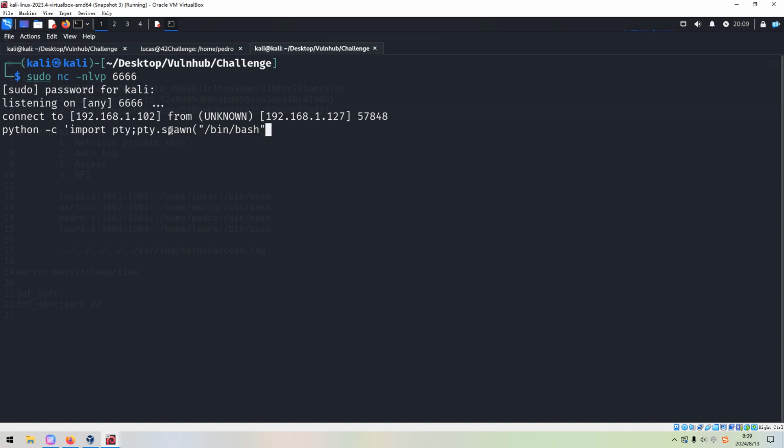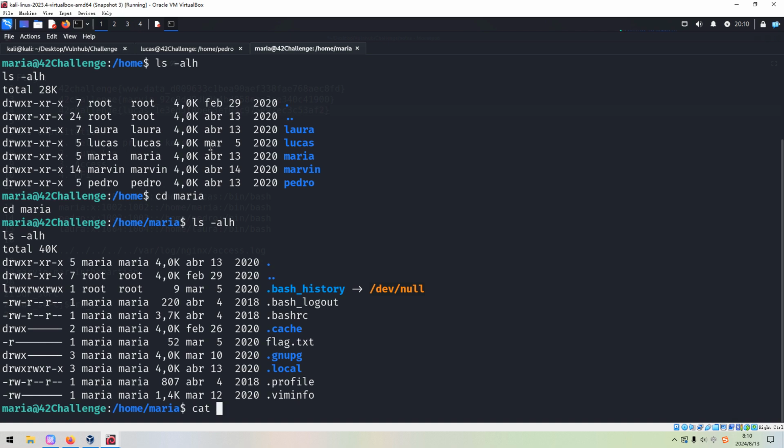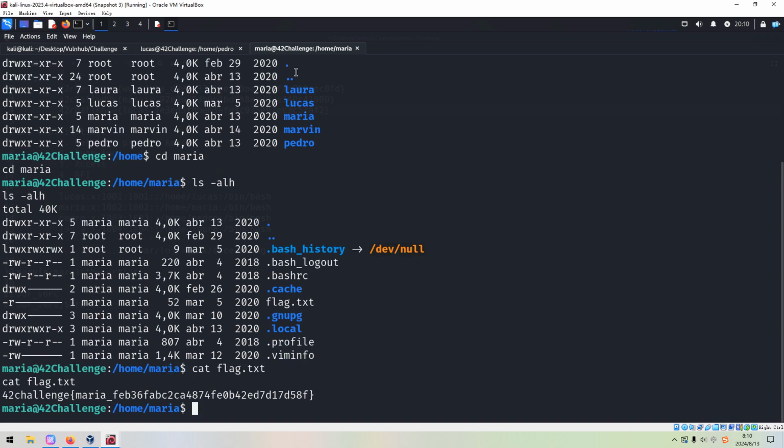So I think this machine is a very good one, except that when I tried to use GDB to debug to retrieve the password, I cannot retrieve the complete password or string as I did the first time. So now we have already got another lateral movement. So I think we can cat out the flag without a problem.